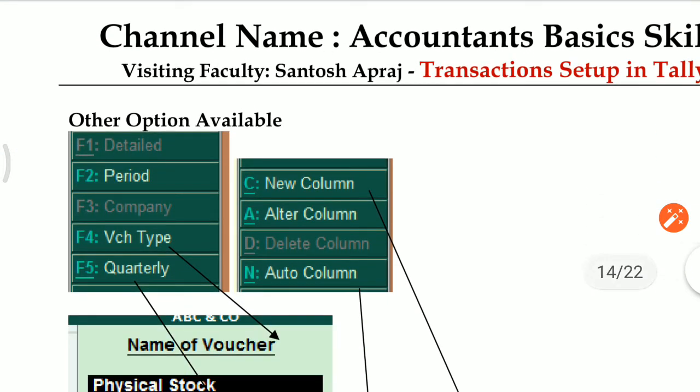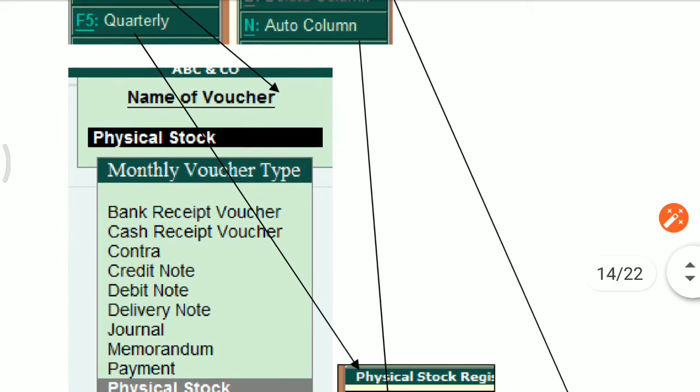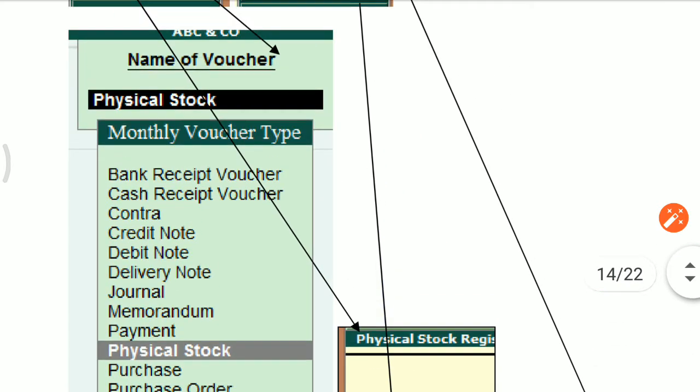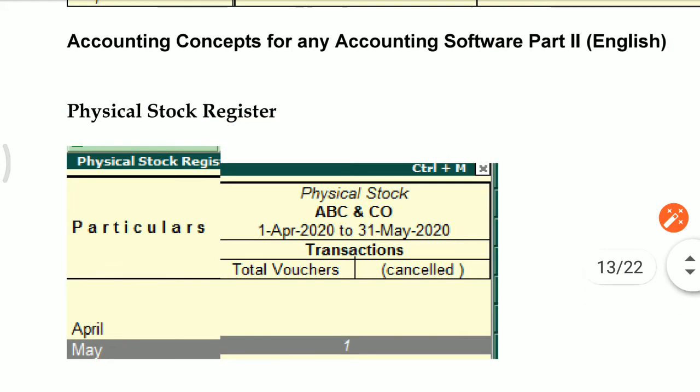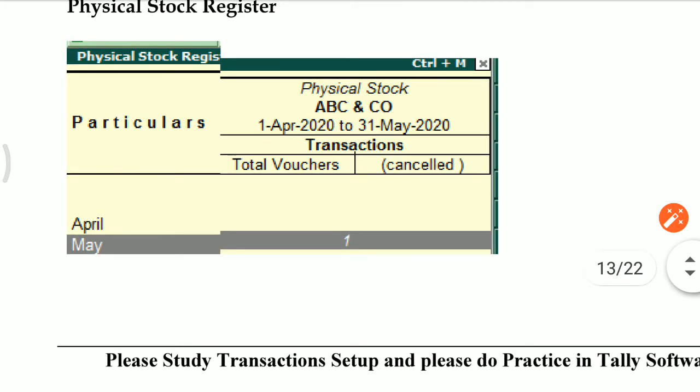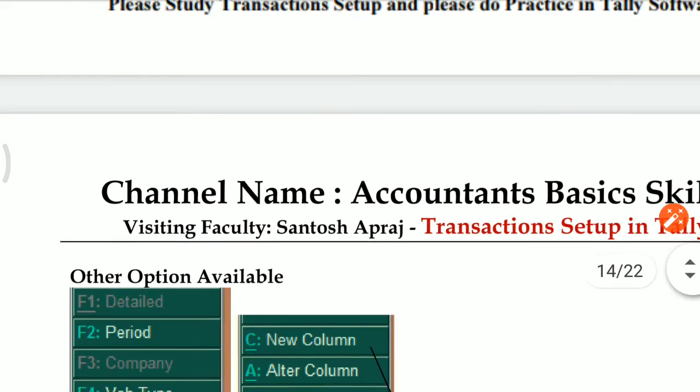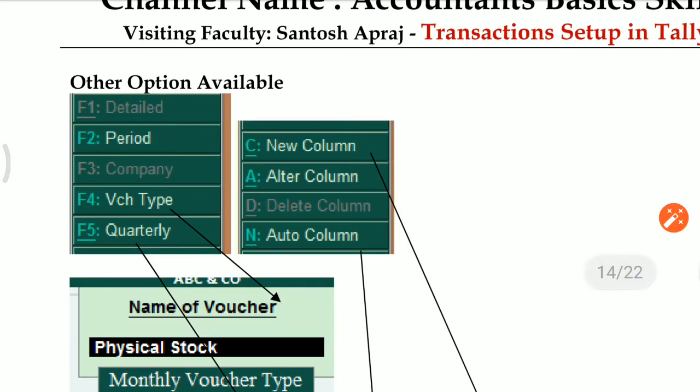Next option also available in your Tally module, that is voucher types. When the physical stock register screen is on your laptop, the below options are also available on the right hand side.